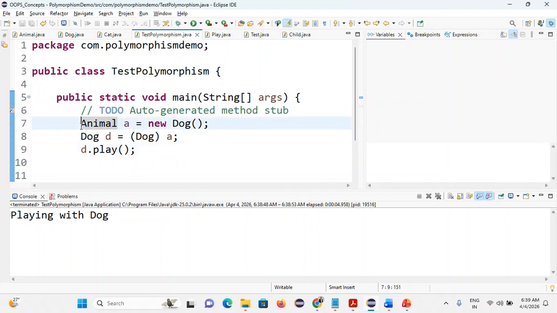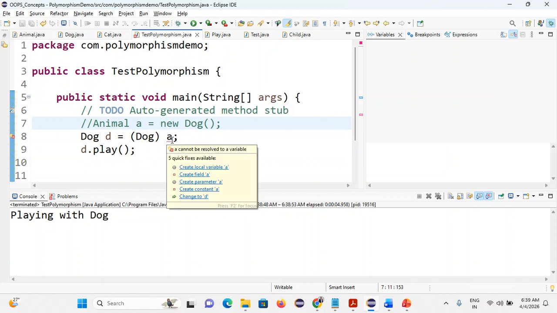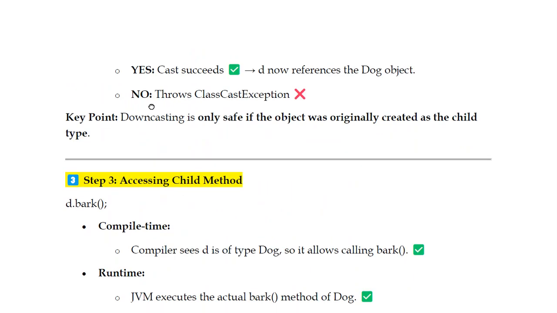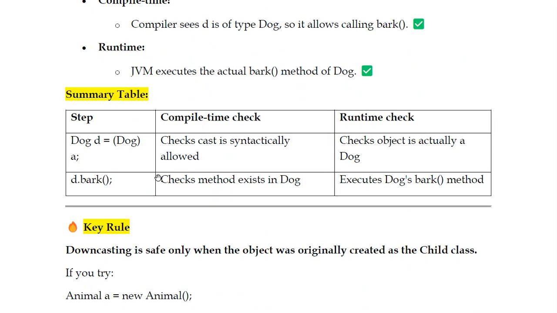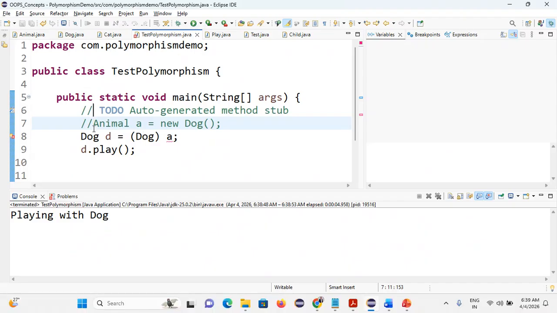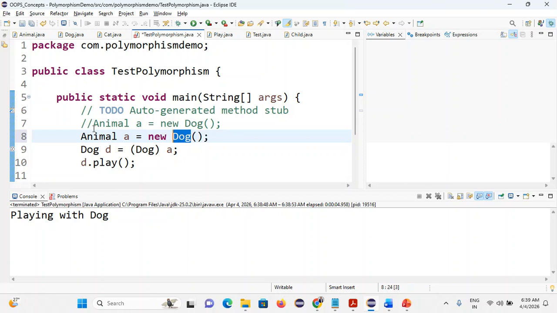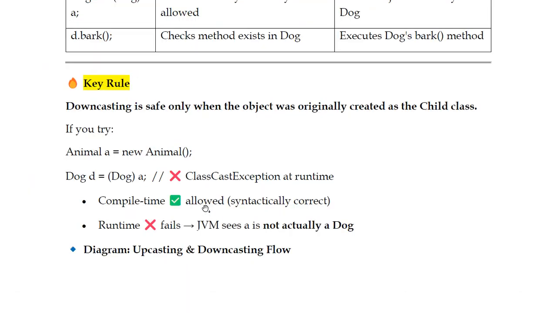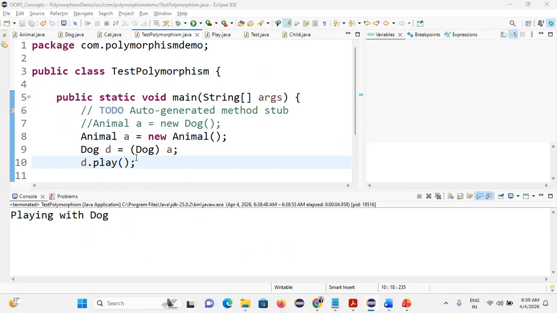But if I am not giving this Animal class, I'm commenting this. Now see here, Dog d of A. This mistake only, now you are voluntarily doing. What you are doing means new Animal. So you are creating the object, but not for Dog, for Animal. See here, no compilation error. Important derivation: no compilation error. Compile time is syntactically correct, because inside this parenthesis you have to give the child class name,